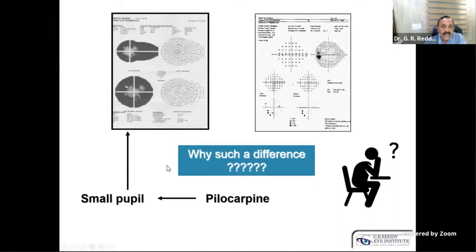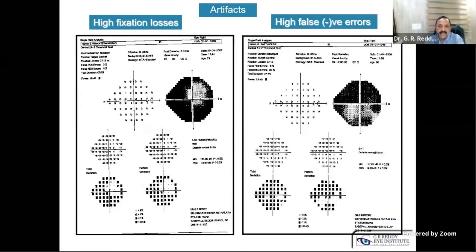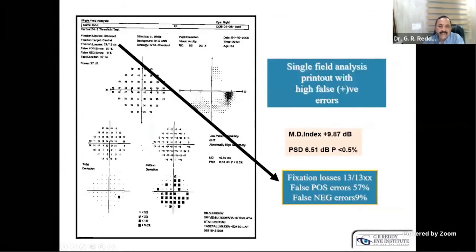So not only should the visual fields always be correlated with the fundus, we should always correlate with the pupil size also, especially when we see very narrow fields with all peripheral scotomas. So the entire eye should be taken into consideration, not only the fundus. False fixation losses and false negatives can all produce artifacts.